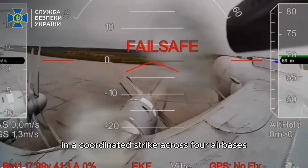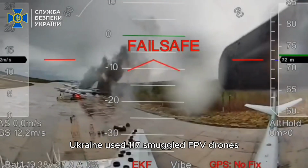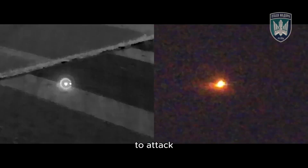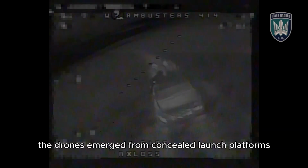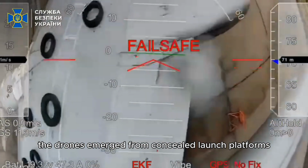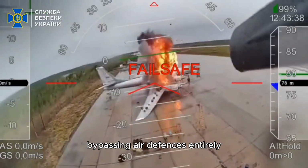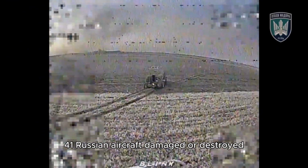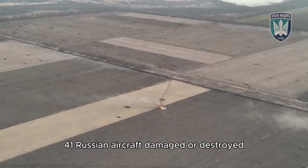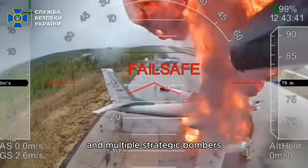In a coordinated strike across 4 air bases, Ukraine used 117 smuggled FPV drones hidden inside disguised containers to attack some of the most valuable aircraft in Russia's arsenal. The drones emerged from concealed launch platforms positioned near the bombers, bypassing air defenses entirely. The result? Ukraine's security service claims 41 Russian aircraft damaged or destroyed, including rare A-50 surveillance planes and multiple strategic